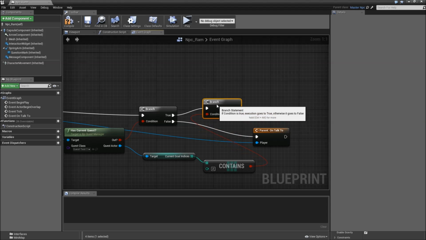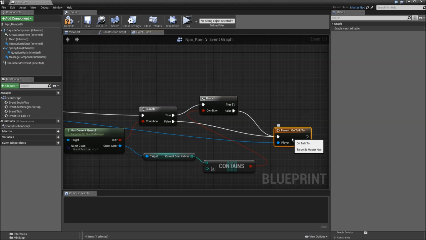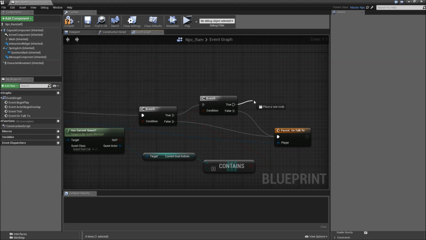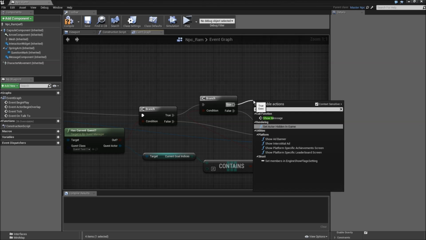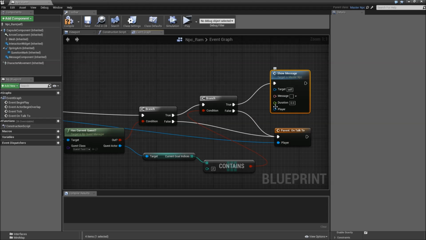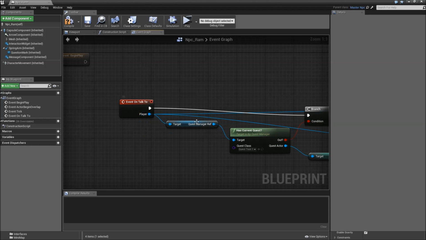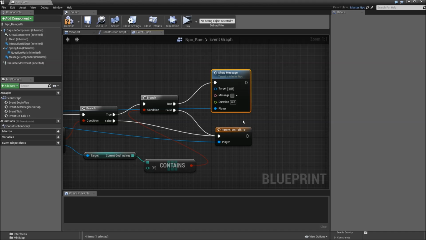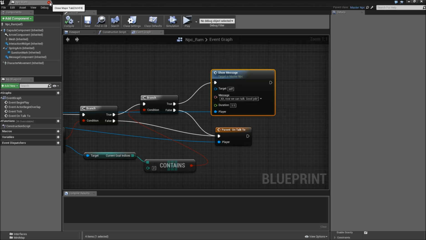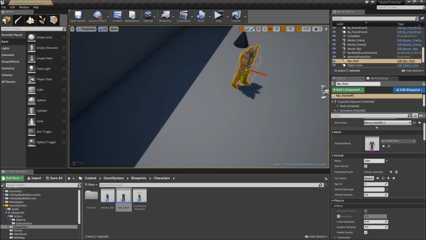If that's false, just go to the parent on talk to, but if it's true, we will show message, connect the player from the input node, and you can specify a message, for example, now we can talk, good job, exclamation mark, duration of 3.5 seconds, let's say, close NPC RAM, drag him into the level,